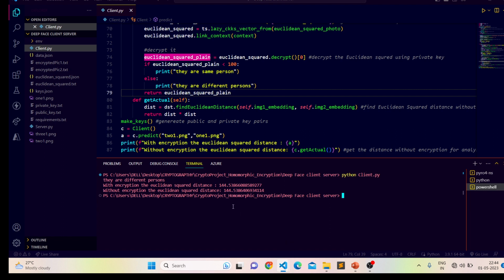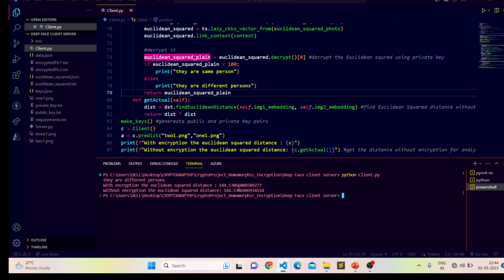The main important thing is that we have to check whether, when we do encryption, the Euclidean square distance is the same or different. Without encryption and with encryption, the Euclidean square distance is approximately the same. So the accuracy of this system depends solely on the DeepFace module.